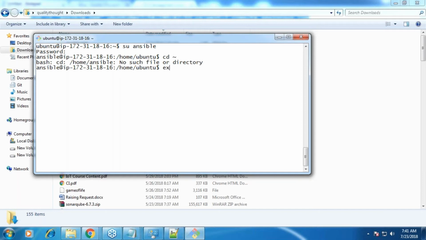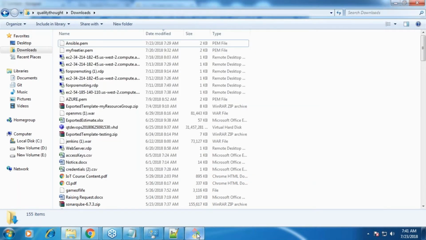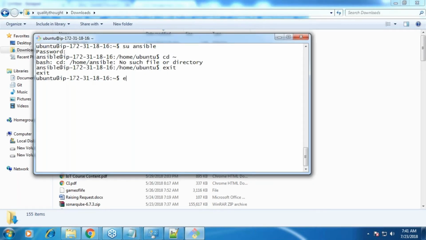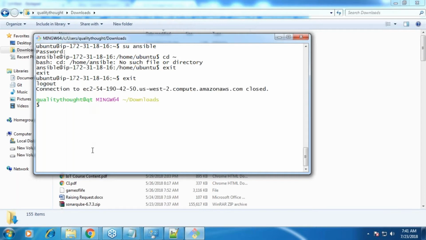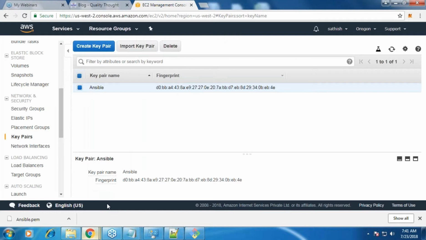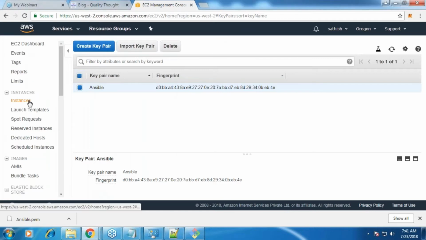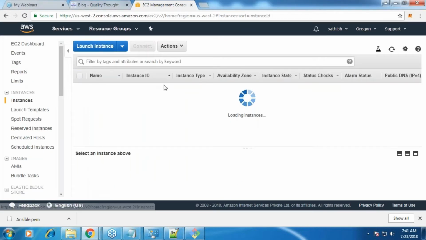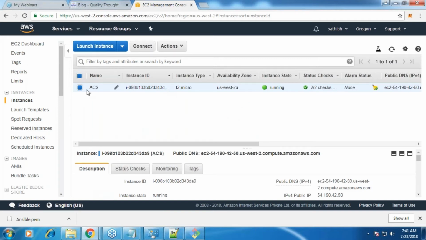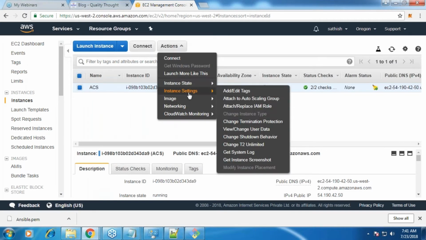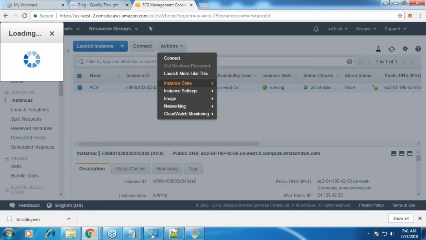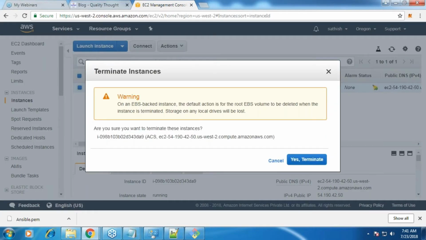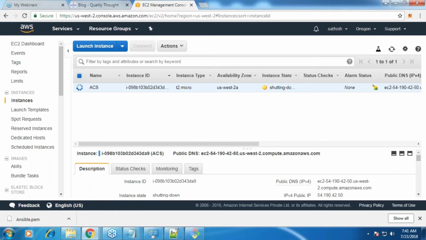Yeah. So I'll quickly create one more machine. This is also going to be our Ansible control server. I wanted to show what would happen if you change the commands. So I basically write in the documentation the easiest possible commands, right? This machine, I don't have any work now. So what will I do? Actions, instance state, terminate. I am deleting this machine. I don't need this machine anymore.